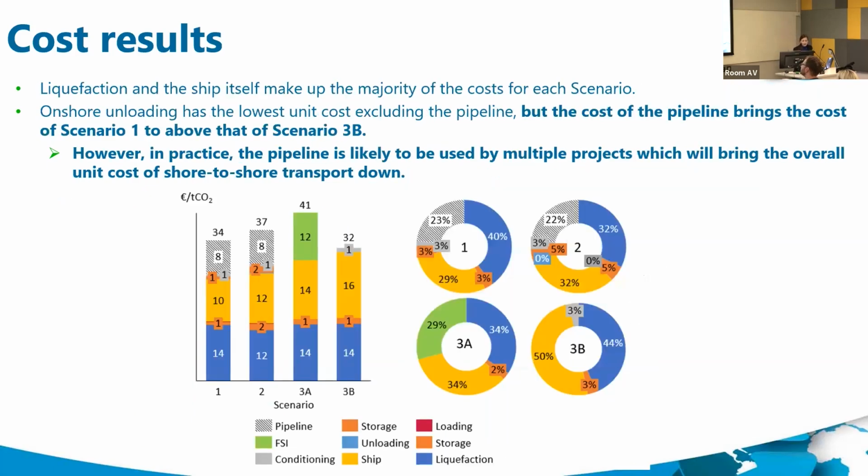However, we can also ask, is this really likely? Because in reality, you might have multiple projects using that one onshore terminal to offload. And so if we assume that it is used by multiple projects, this will of course bring down the overall unit cost of shore-to-shore transport. So here we have the cost as euros per ton of CO2 for each scenario. And you can again see that the pipeline can add a significant